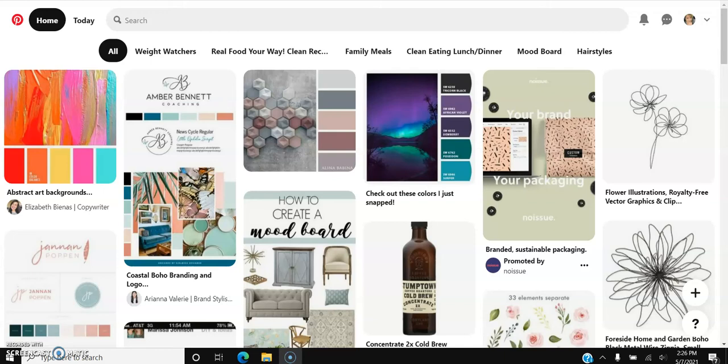Hey there, I am Kim Van, owner of Impeccable Solutions, and I'm here to show you how to create a mood board so that I can best help you with creating your new brand and your logos and your colors